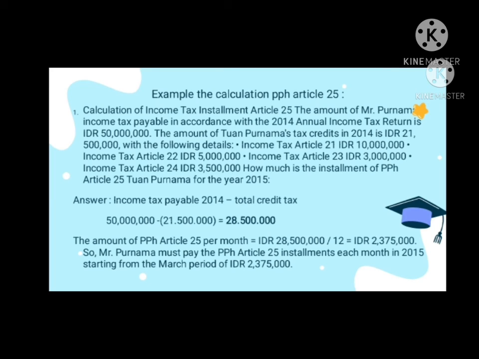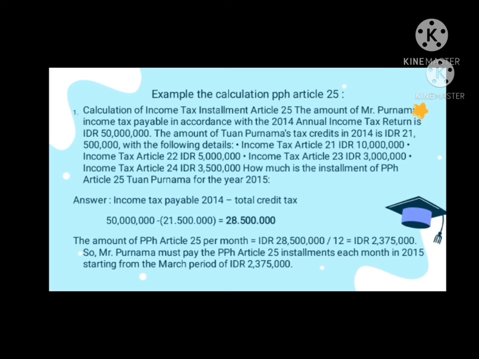22, the amount is 5 million rupiah. Income tax Article 23, the amount is 3 million rupiah, and Income tax Article 24, the amount is 3,500,000 rupiah. The question is how much the installment of PPH Article 25 for Mr. Purnama for years